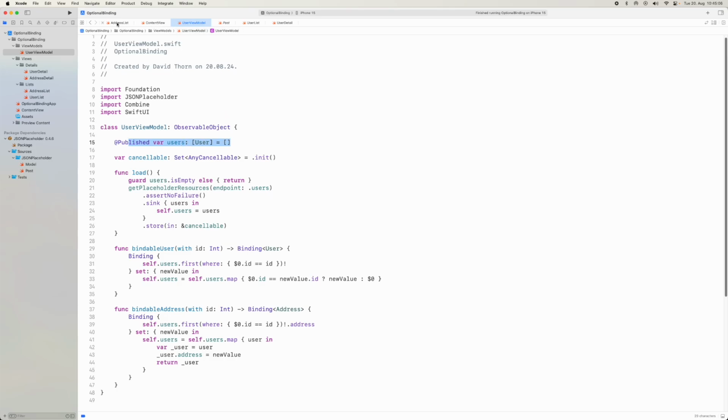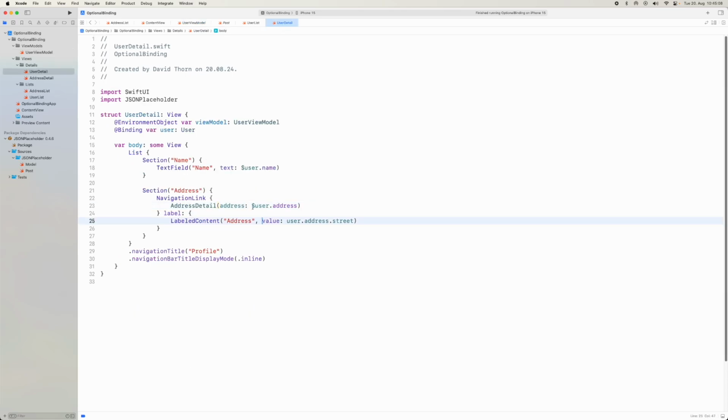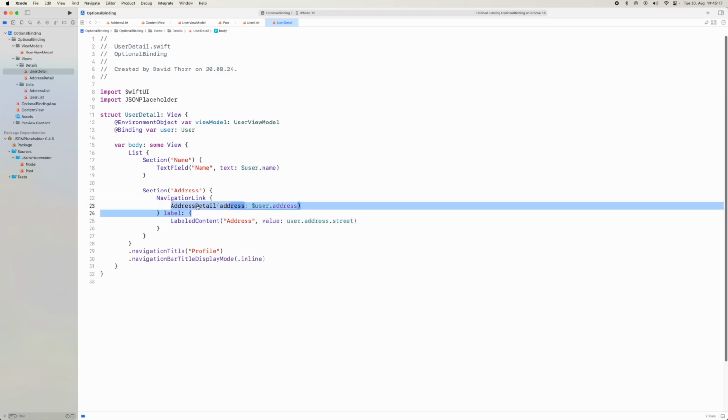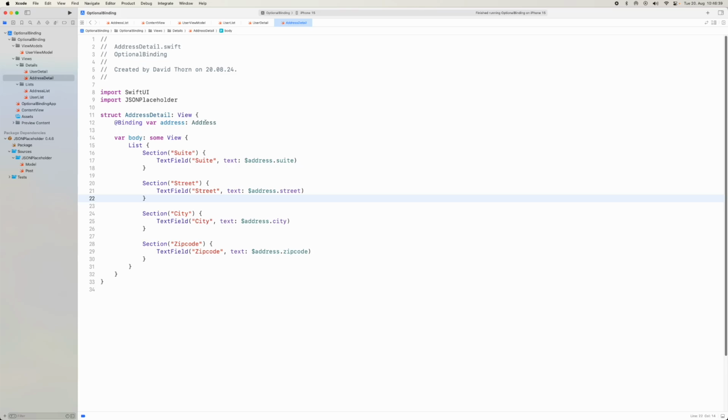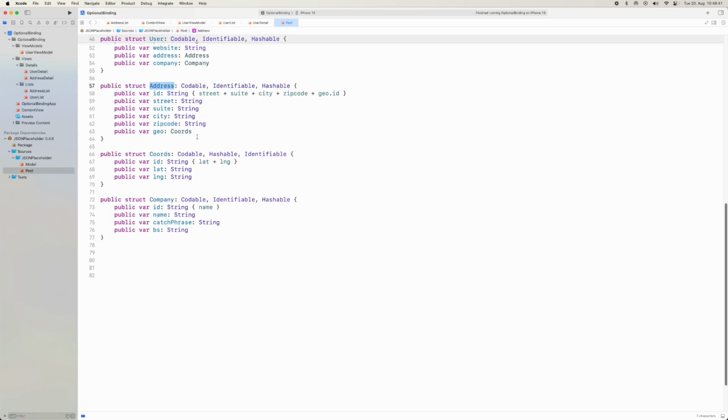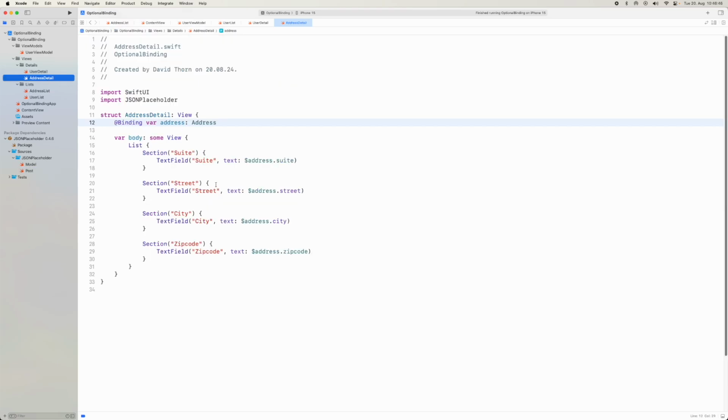So inside of the user detail, we can now pass a binding onto the address detail as normal because we know this is a safe binding. And so when we come into the address detail, the address struct does also have another property of the geo. So you would need to enhance this even further for the geo parts of it. And maybe I might make an additional video to show you how to go even further and what logic you would have to do. But I just wanted to show you this is how we can keep all of the